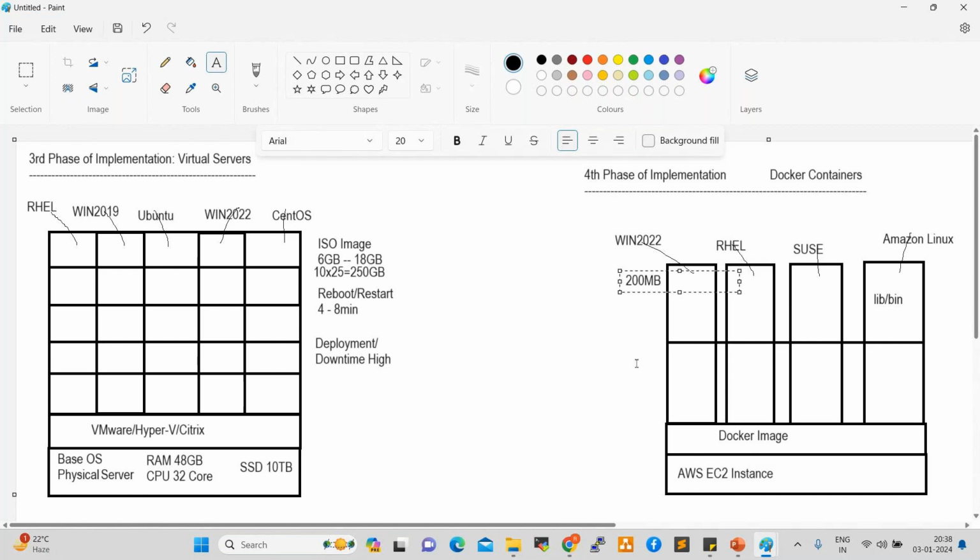On top of that, if you install packages, drivers, and patches, it will take 650 MB at maximum. As per the requirement, we can deploy the packages here. When you restart or reboot a container, it takes only 15 seconds, so it is restarted quickly. The developers working on the containers will not even notice whether the container was restarted or not. Also, deployment time and downtime are very low.